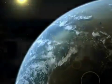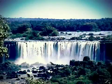A planet like none other ever discovered. Lush, temperate, and home to millions of species of